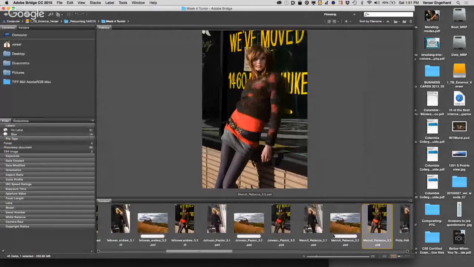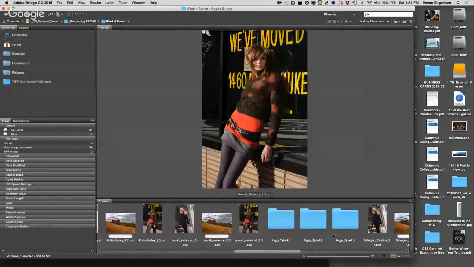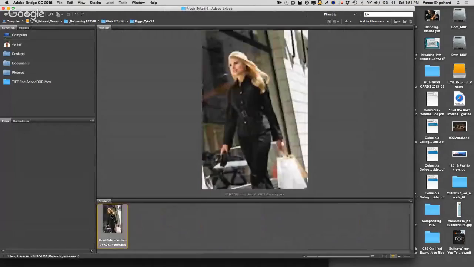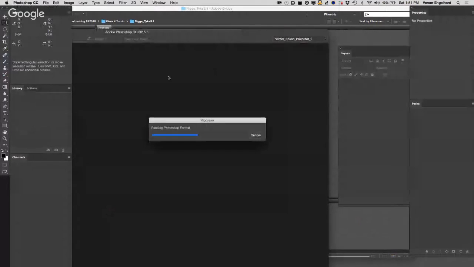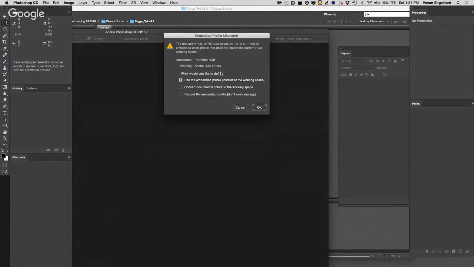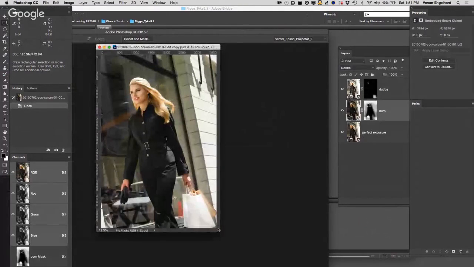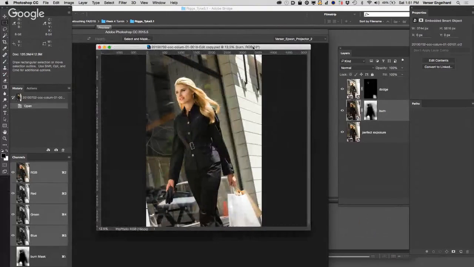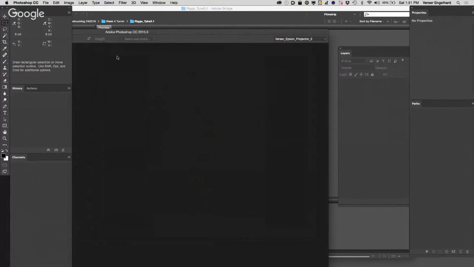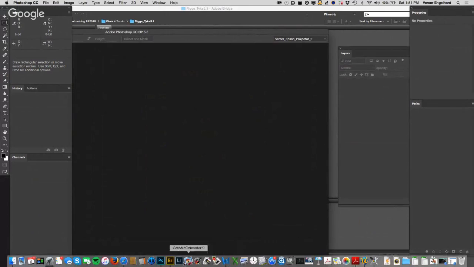Tyke actually takes this a step further. We'll look at the beginning one right here. And again, I don't have a problem with this because he does this right. In his case, you can see right here, he is working in ProPhoto RGB. However, he is also doing this in 16-bit. So again, my only rule about that, you can see the 16 right there: if you want to be in that space, I'm okay with that, but it's got to be 16-bit. And you also just need to be aware of those pitfalls that I just talked to you about. And